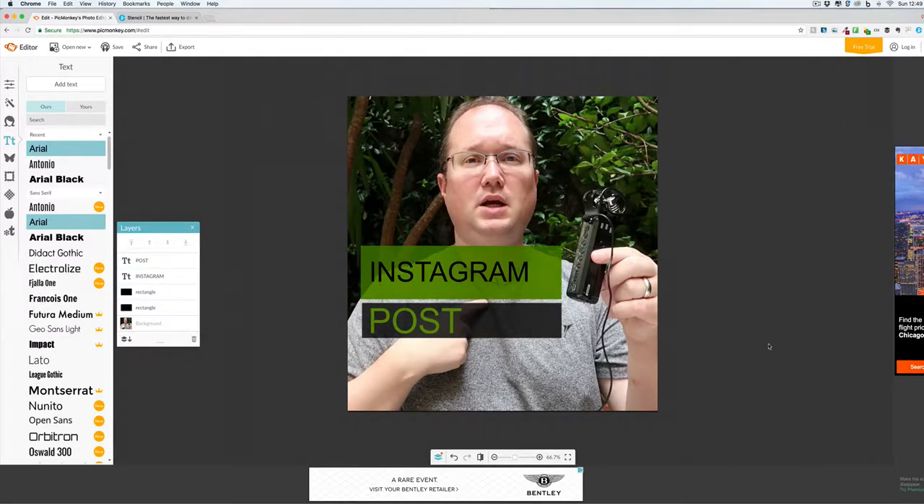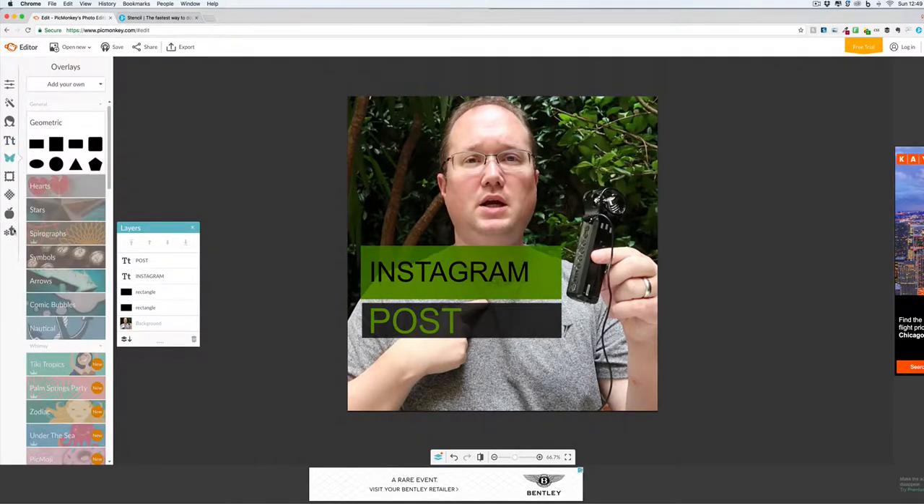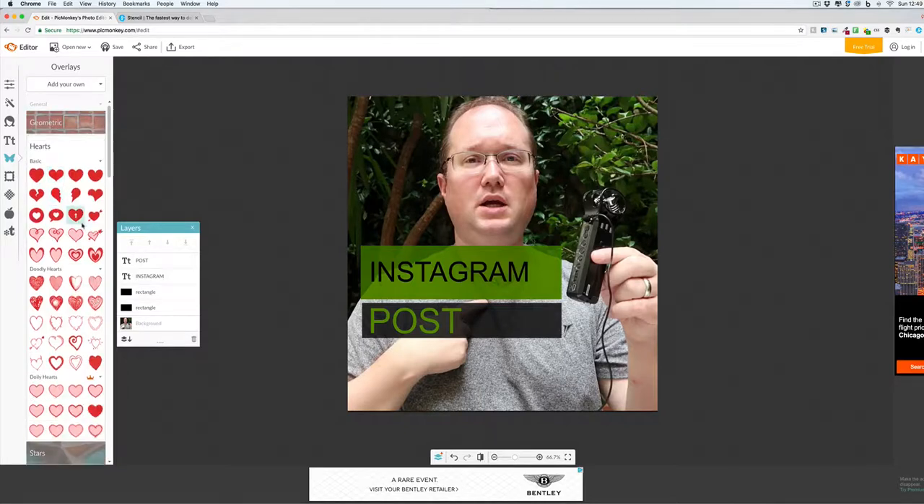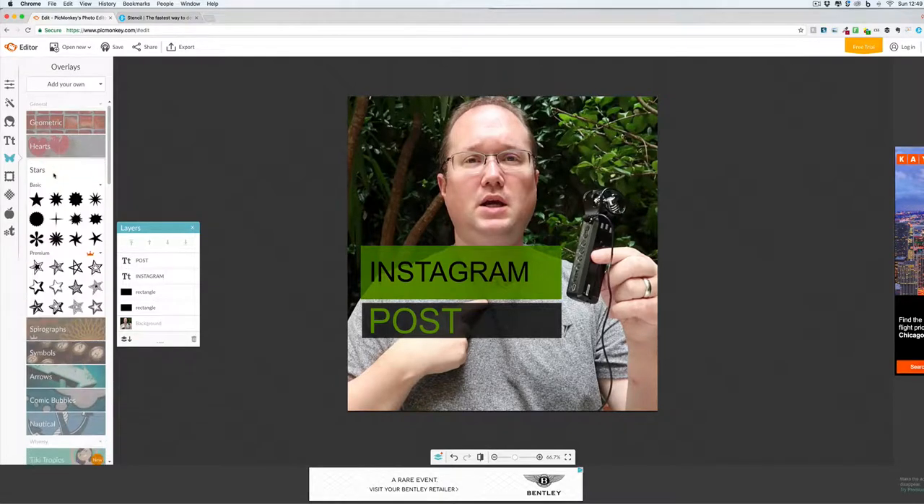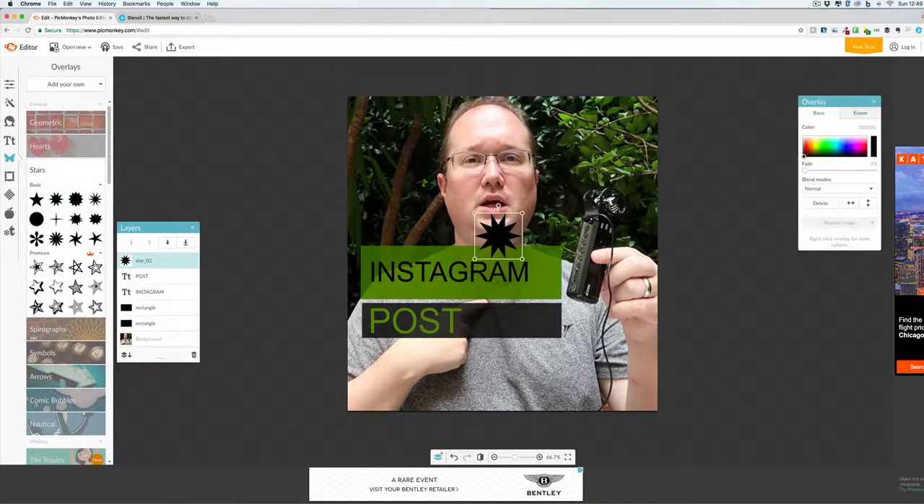Okay, so that is a quick Instagram post. You can see there's a lot of things you can do with it. If you want to add in different shapes, a lot of these are in the pro version, but you can even add in